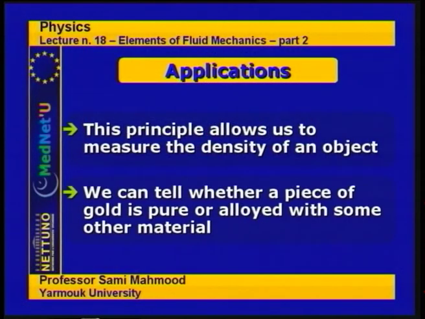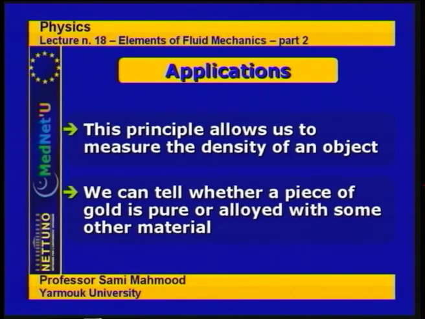That's one of the applications. A very old application of this principle that people were using is that we can determine, if we are given, for example, a piece of gold, by Archimedes' principle, whether this piece is pure gold,